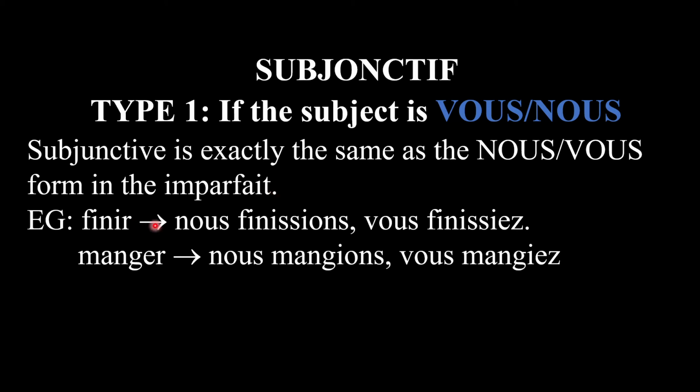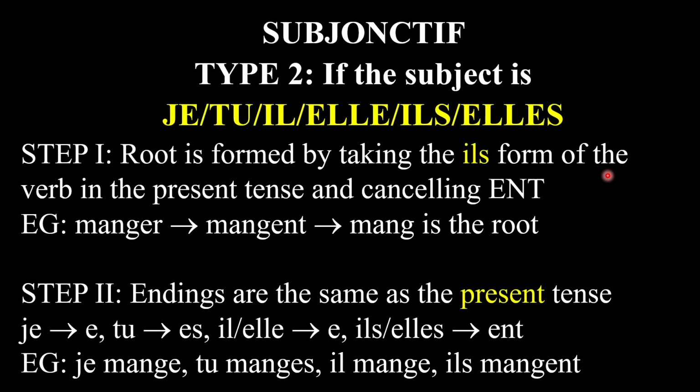So finir becomes nous finissions, vous finissiez. Manger becomes nous mangions, vous mangiez. Être will be nous étions, vous étiez, and so on. The same conjugations, the way you do for the imperfect tense, will apply for the subjunctive only for these two subjects, nous and vous. The second type is when you have the other four subjects, that is je, tu, il, elle,